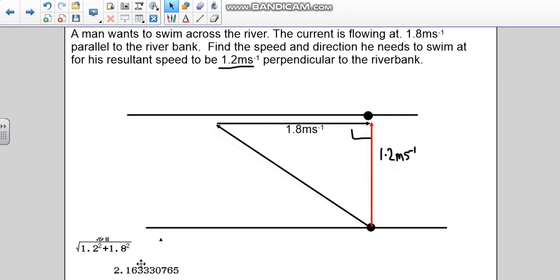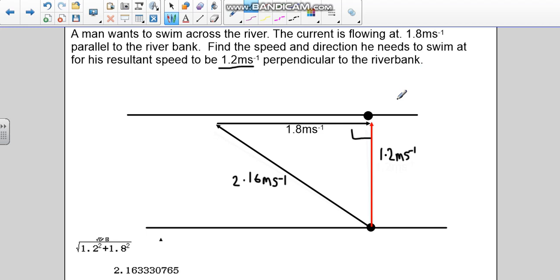I need to work out this one here, which I can do using Pythagoras. Typing that into the calculator, 1.2 squared plus 1.8 squared, square rooted, gives me a speed of 2.16 meters per second. So now I need to work out the direction. As we said before, as long as we're clear how we define our direction, it doesn't matter